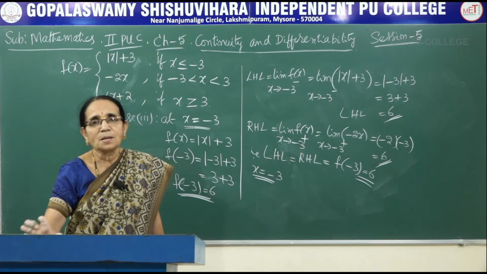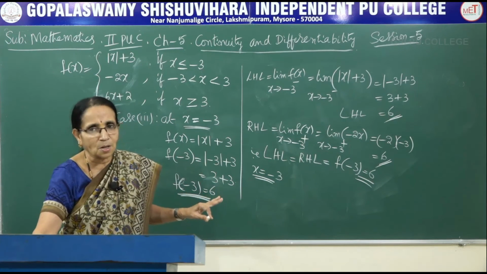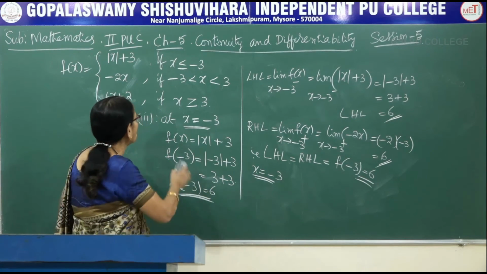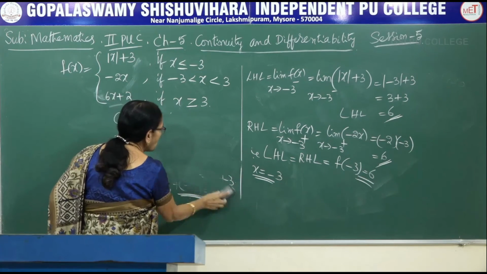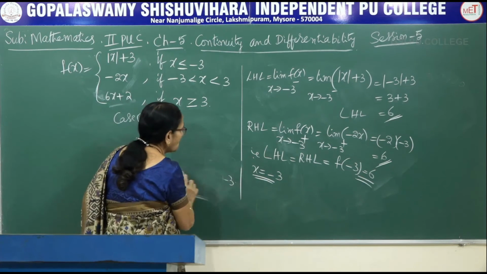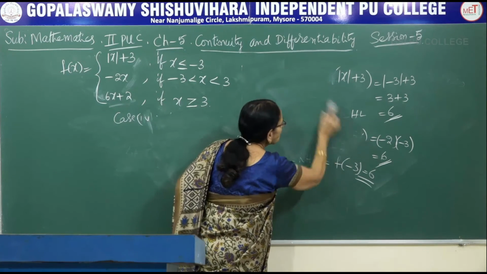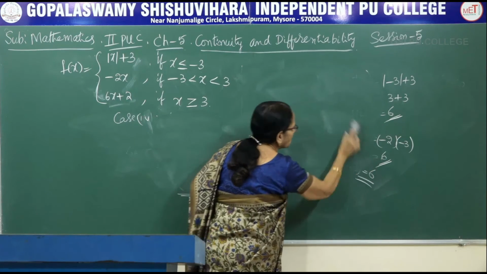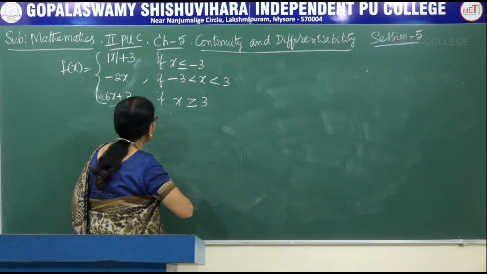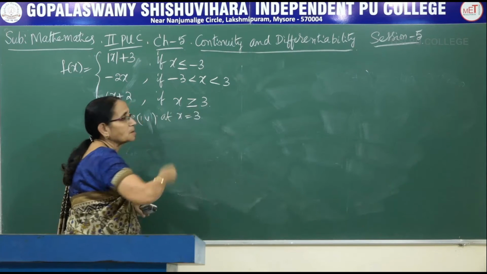So less than minus 3 or before minus 3, it is continuous. Greater than plus 3, it is continuous. And exactly at x equal to minus 3, also it is continuous. And what is the remaining part now? We are having only one more point here, that is nothing but x is equal to plus 3. Because before minus 3 and after plus 3 we have calculated, and at exactly minus 3 also we have calculated, the last part is at x is equal to exactly 3.